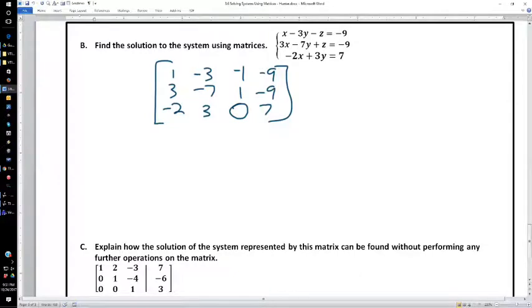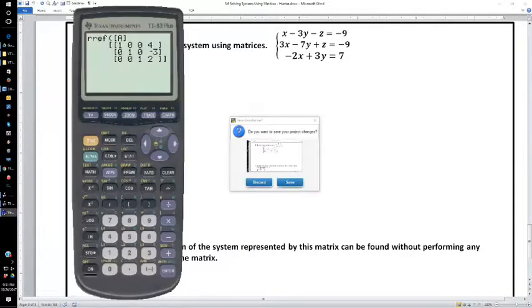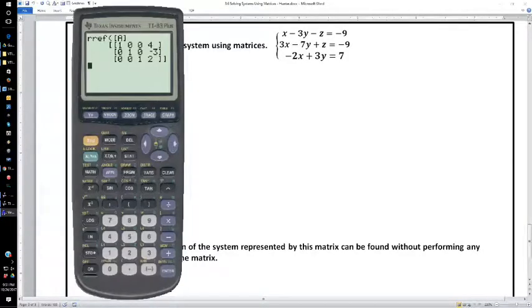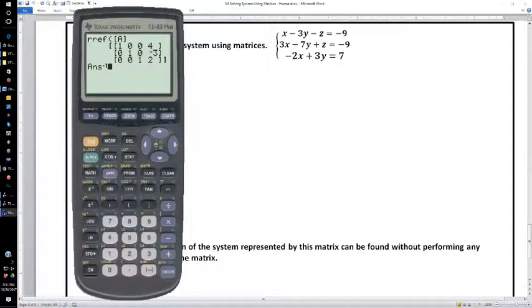Then you stuck it in your calculator. Remember, second matrix, all that good stuff? So let's do that real quick. Exit annotation mode. And I'm going to go back to second matrix. No, not add 1. Second matrix, to edit. And it's already the right size. So I'm going to go 1, -3, -1, -9, 3, -7, 1, -9, -2, 3, 0,